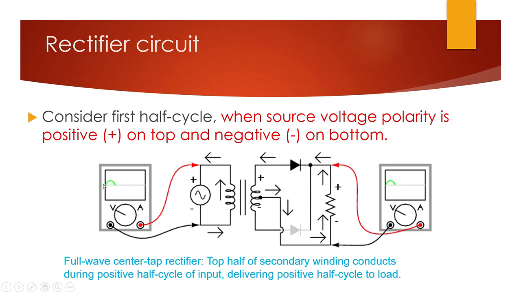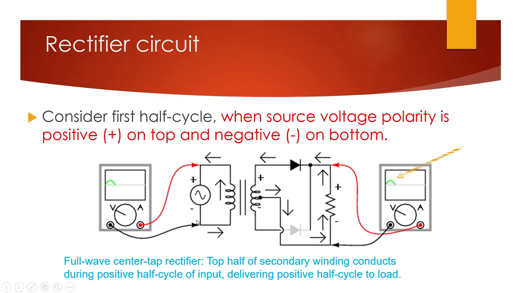That means whatever input is given, the same will be transferred to the output, minus the internal voltage and internal resistance of the diode. That we will neglect at this stage. So the complete first half cycle will go to the output. But what is the condition of the second diode? The bottom diode will become reverse biased, because the bottom one, negative, is fed to the P type and the N type is connected to positive. So D2 will be off. Even though D2 is off, we get the connection for the output from D1 and we get the output.